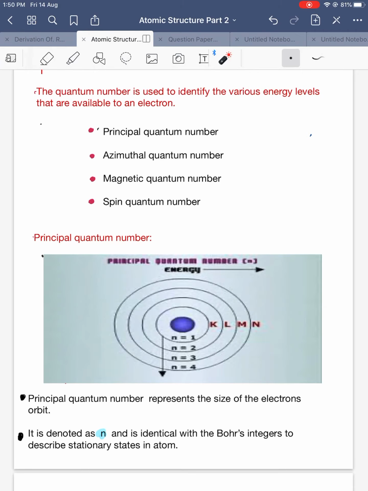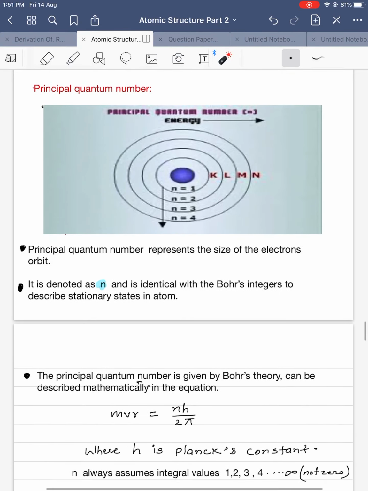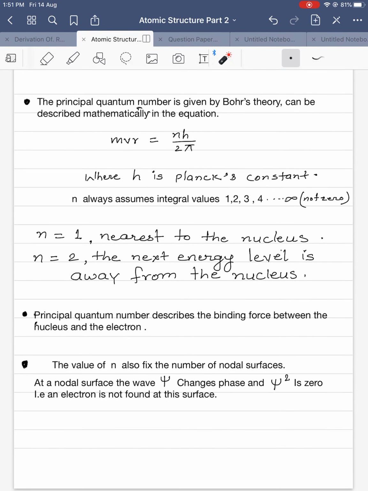And principal quantum number also represents the size of the electron orbit, like K, L, M, N, O, and these are used to symbolize the energy levels or orbits of electrons with an n value of 1, 2, 3, 4, where n represents principal quantum number. The principal quantum number given by Bohr's theory can be described mathematically in this equation: mvr is equal to nh by 2 pi, where